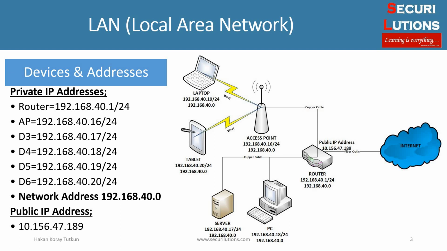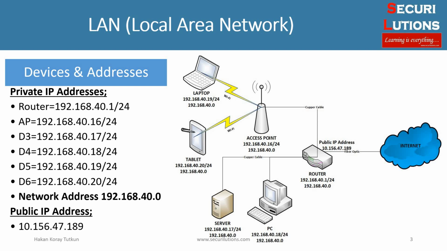192.168.14.17/24, and network address is 192.168.40.0. For the PC, IP address is 192.168.40.80/24, and network address is 192.168.40.0. For the laptop, IP address is 192.168.40.19/24, and network address is 192.168.40.0. For the tablet, IP address is 192.168.40.20/24, and